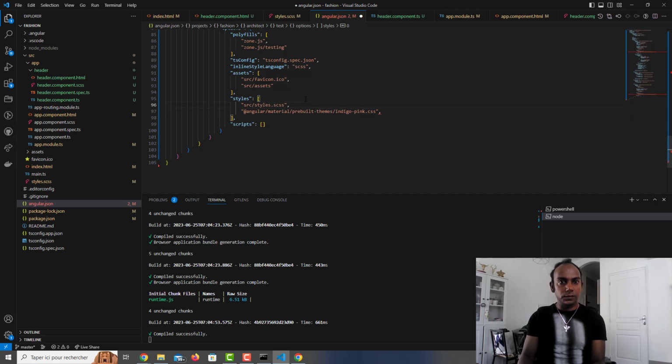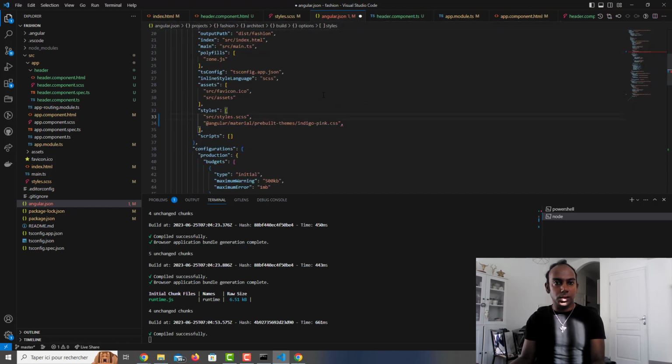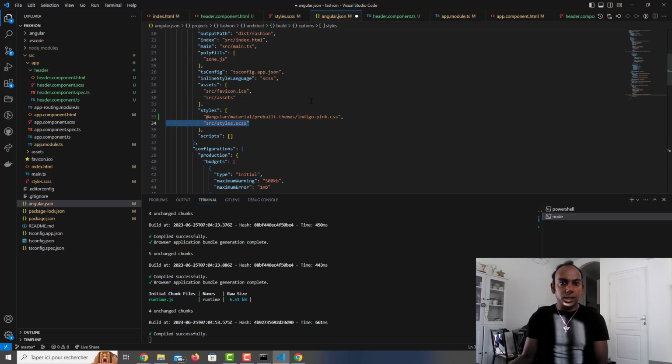If you do something like that, it can make a mess when displaying the styling here. But don't worry, here it's okay. So we just do the correct way here. Luckily it works, but